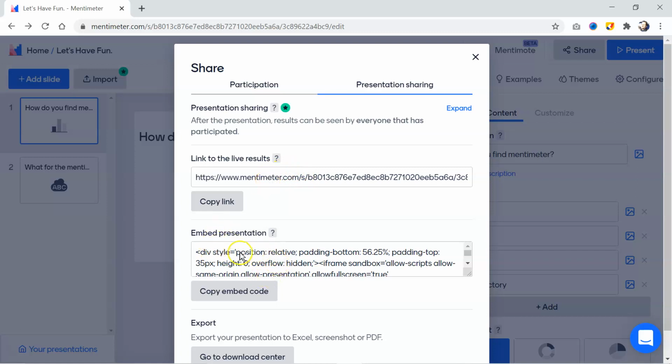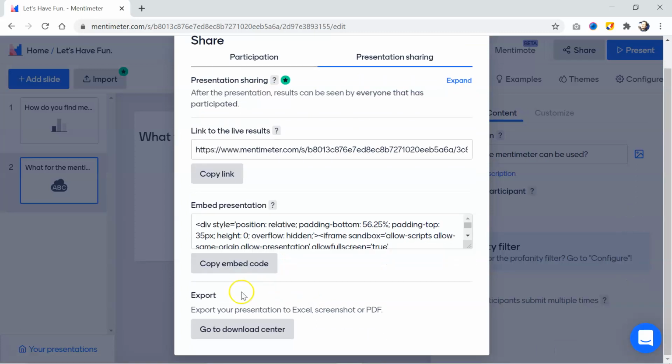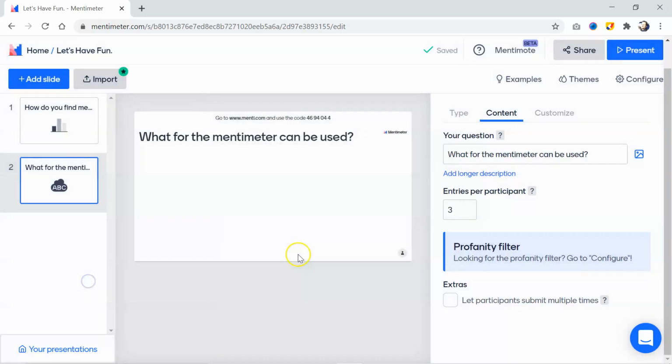Embedded presentation code can be copied from here, and you may even export your presentation in the format of Excel or PDF and download it with this option. So likewise, we have multiple options for sharing your quiz with your audience.